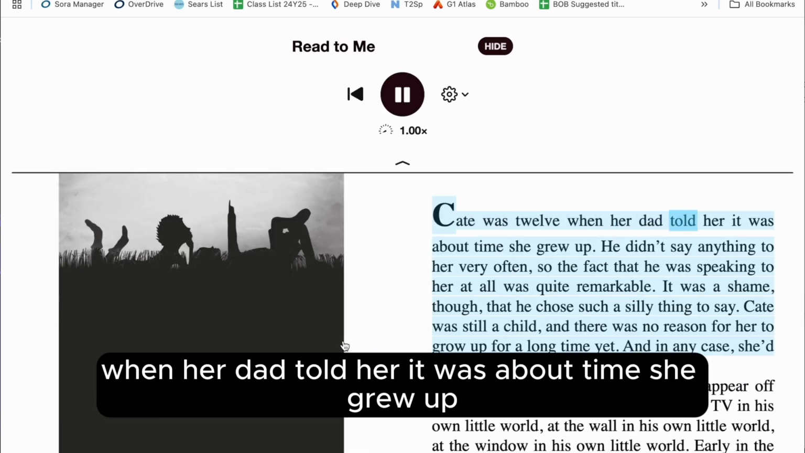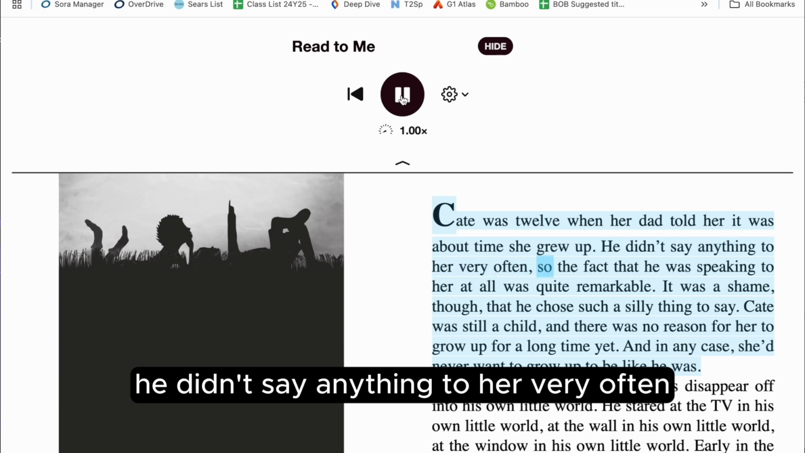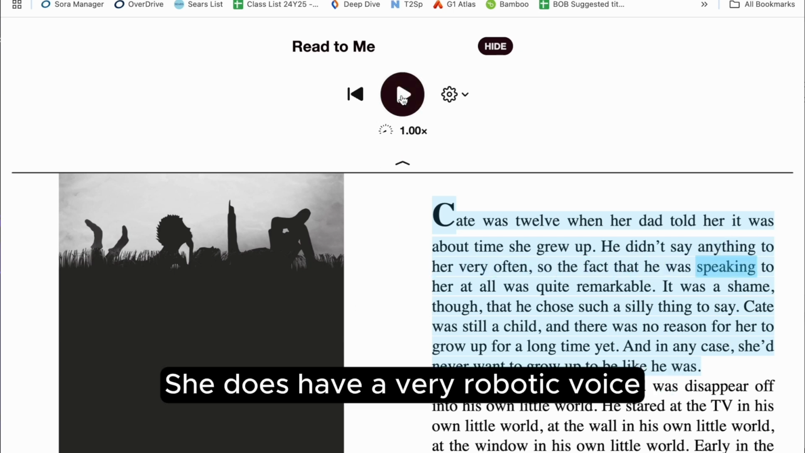Kate was 12 when her dad told her it was about time she grew up. He didn't say anything to her very often, so the fact that he was So she does have a very